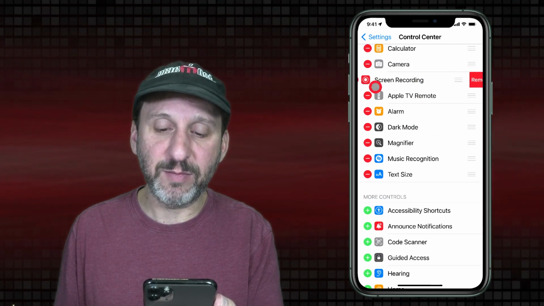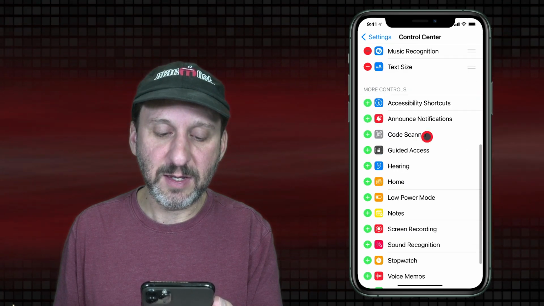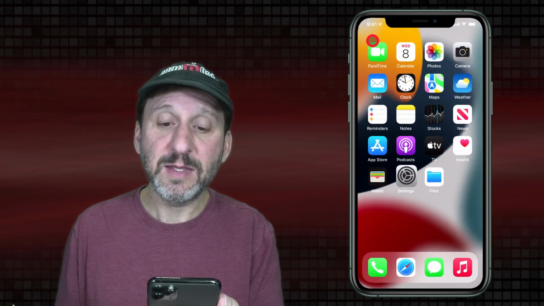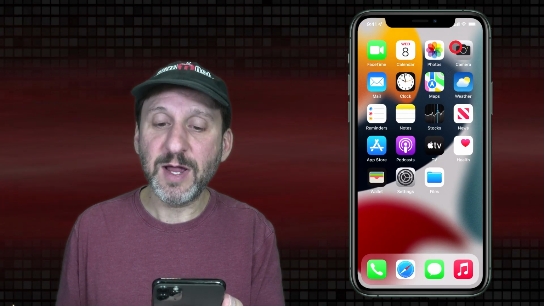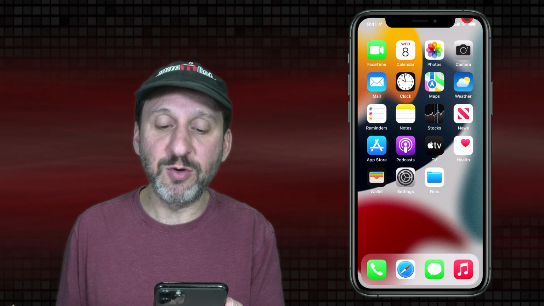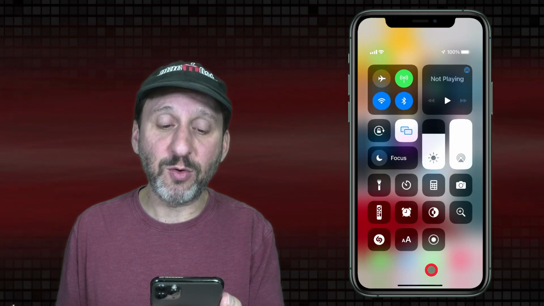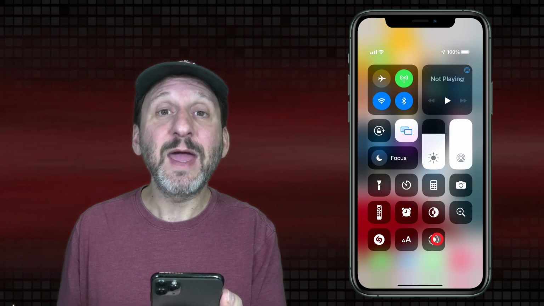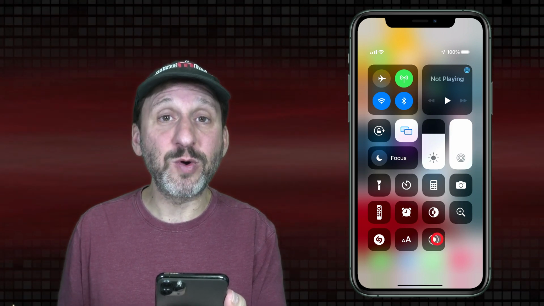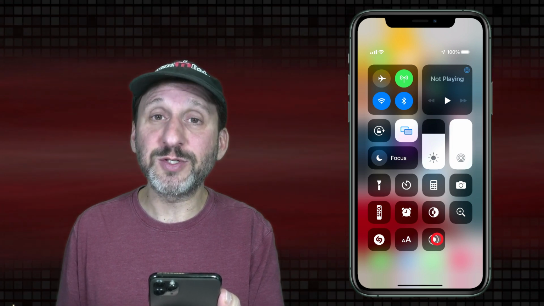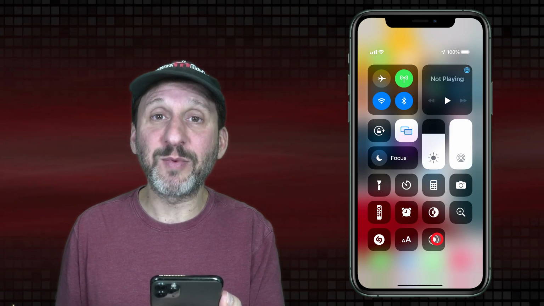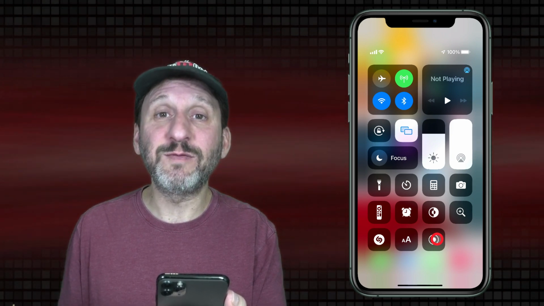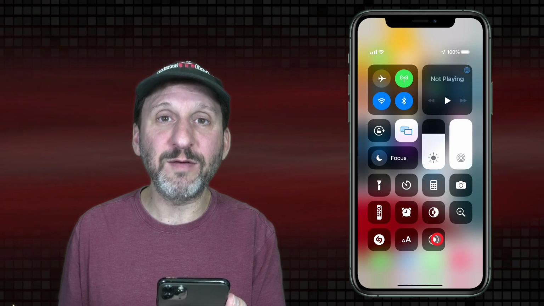If it's at the bottom, like this, then you're going to have to use the plus button here to add it to the top. Now that it's there, when you bring up Control Center, either by dragging down from the top right on newer iPhones or dragging up from the bottom on older ones, you'll see the screen recording button which looks like this. You tap that and it will count down 3, 2, 1 and start recording the screen, and then you can return to Control Center to stop it or tap at the upper left hand corner to stop. This will then save it as a video directly to the Photos library. You don't have any way to mark up a video like that.